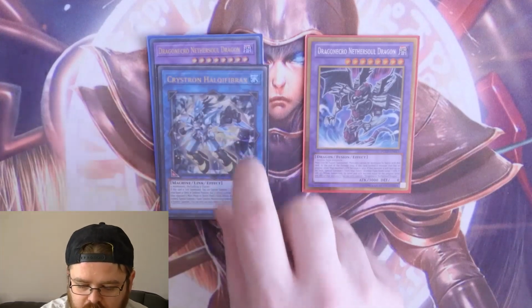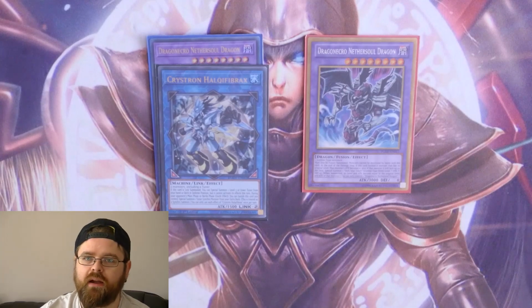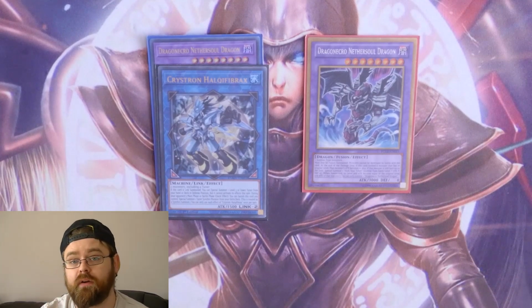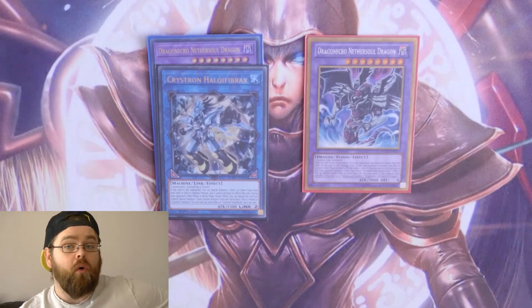We've got the one Crystron Halifax or Needle Fiber. So the reason this is so good is you actually make it with Uni-Zombie. As long as you don't lock yourself into zombies, you've got to be very, very careful on that. And then you can bring out your Glarp Bloom, and then Glarp Bloom can go off because you can turn